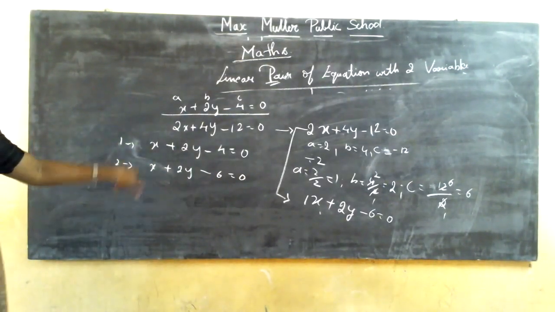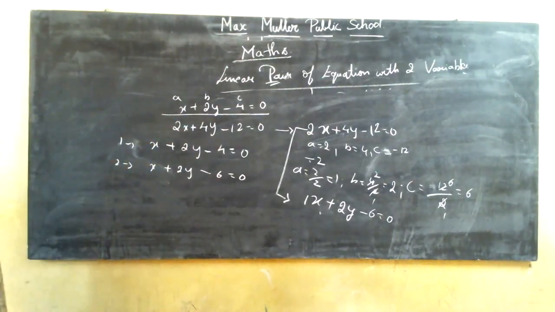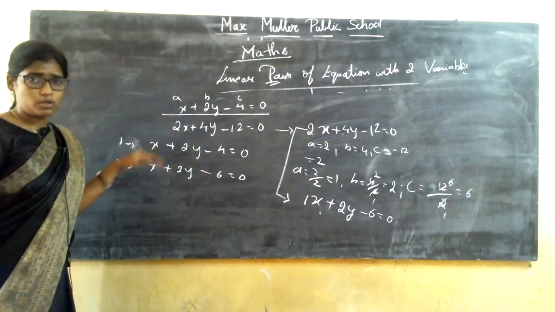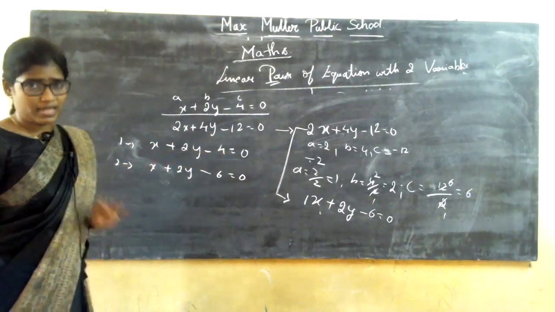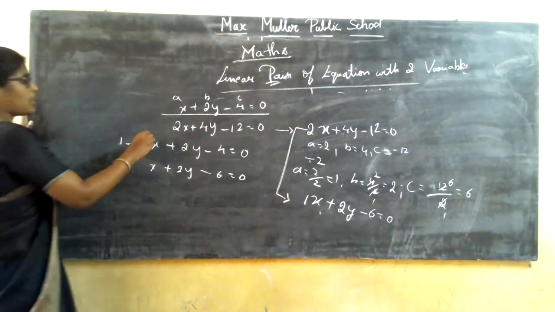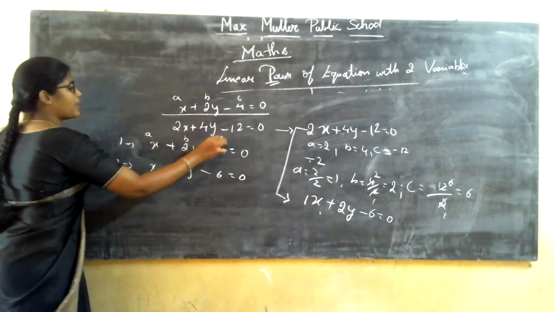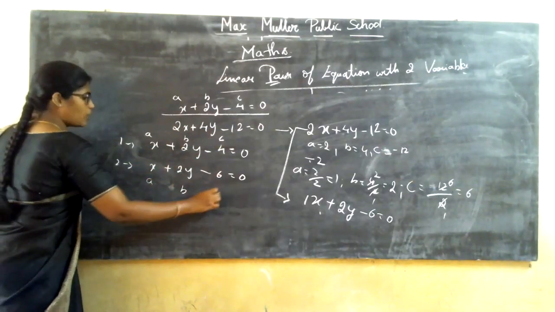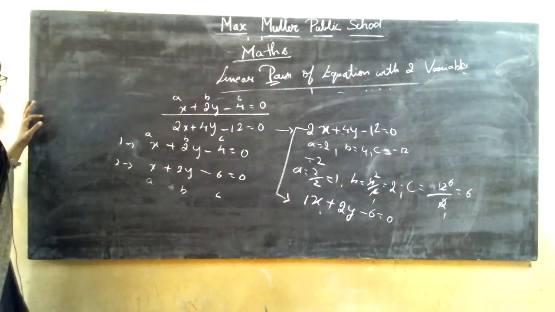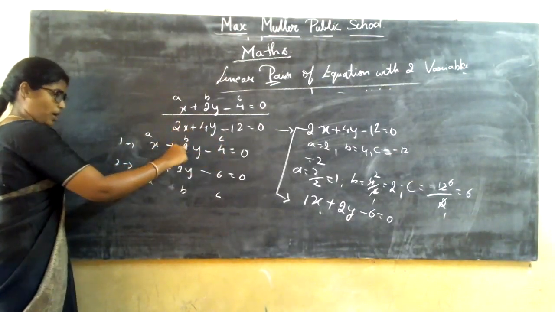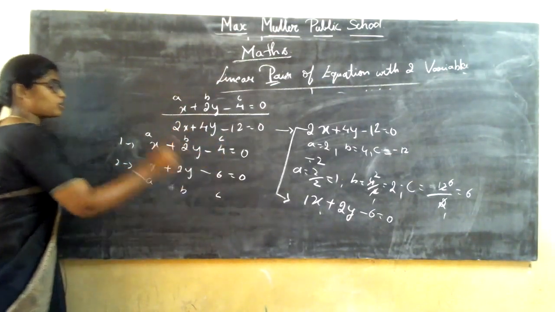In your multiple choice, you cannot do all the things and sit. You cannot take x value 0, y value 1 and solve it and keep. So what is the trick, how are you going to identify what line this is? In the sense, if the a value, b value and c value, all the three values of both the equations, with the plus sign and the minus sign. I'm telling you again, all the a value, b value, c value of equation 1 and a value, b value, c value of equation 2.